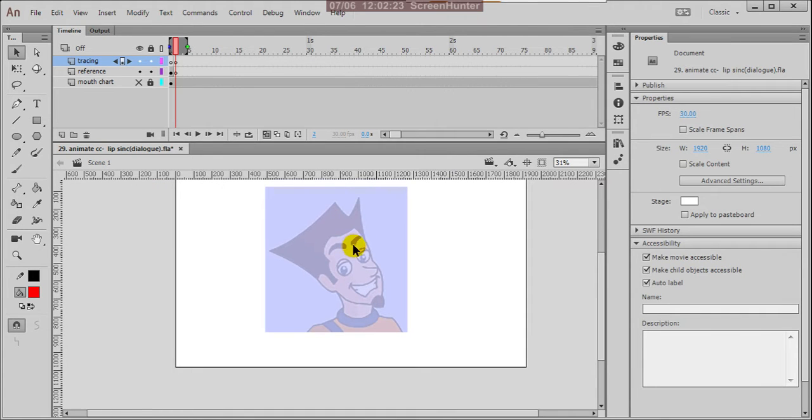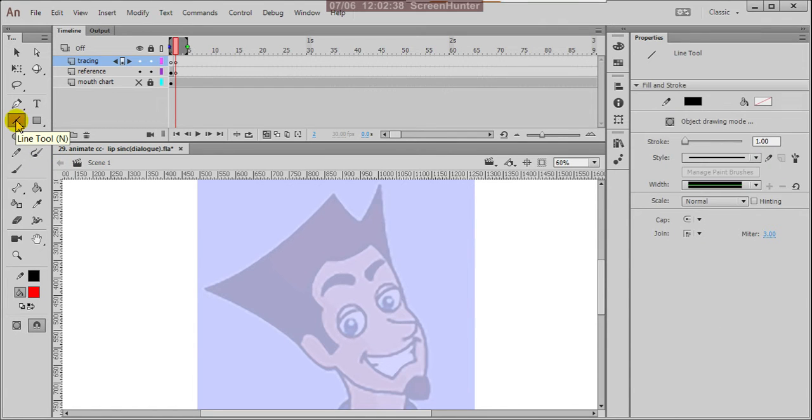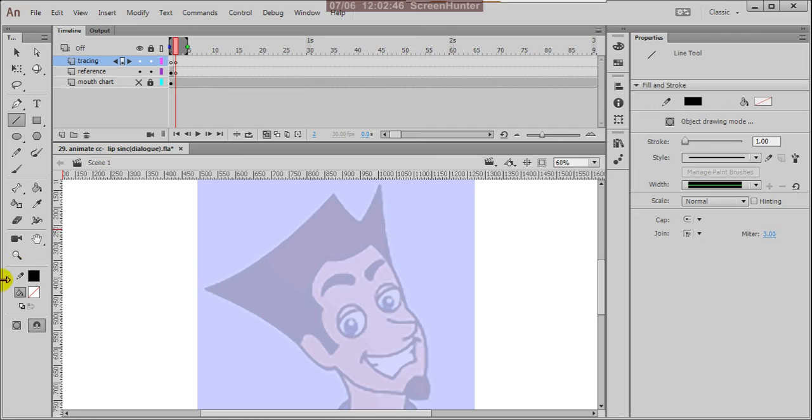Here I'm separating the eyes, mouth and the other body portions. First I'm tracing the body. I use the line tool. Here I want only stroke color, I don't want fill color, and this can be object drawing.